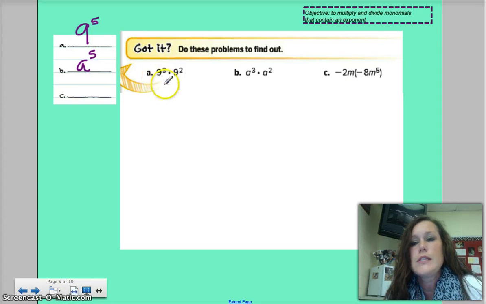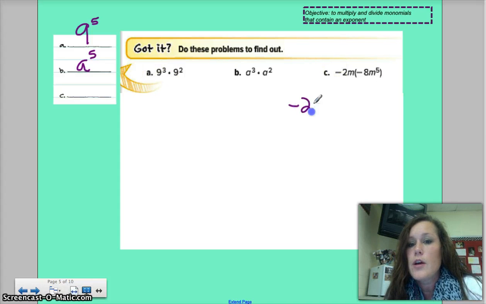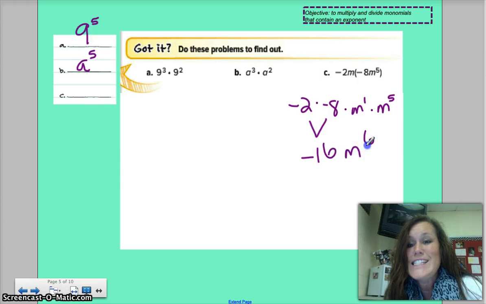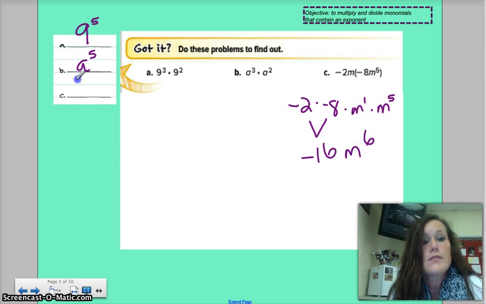All right, number C, we're going to multiply the coefficients and then multiply the base. The common base is m. Notice how I gave this m a 1 for its exponent. So we're going to have negative 16 m to the 6th power. 1 plus 5 is 6. So